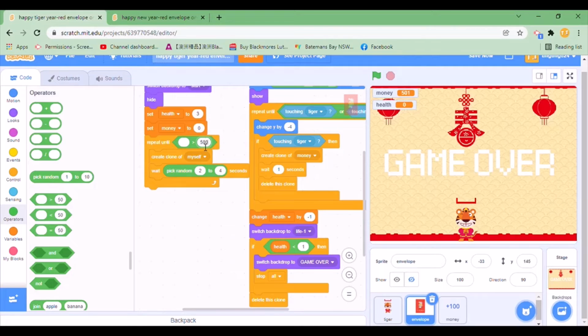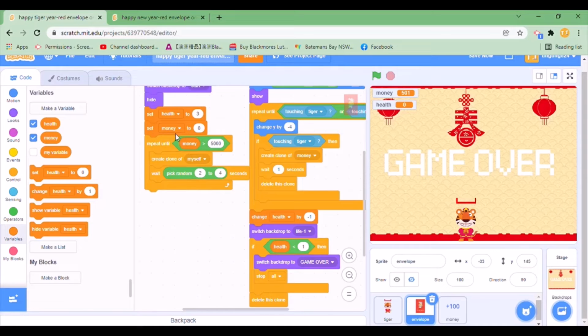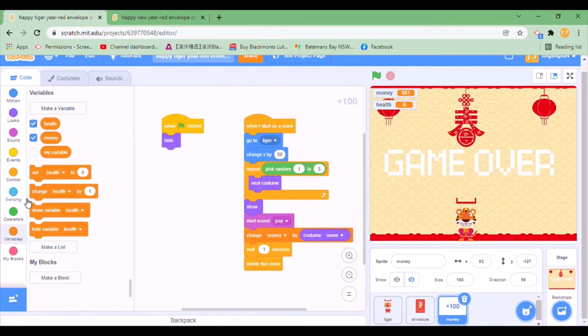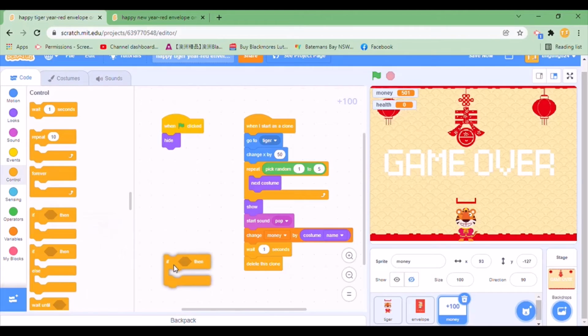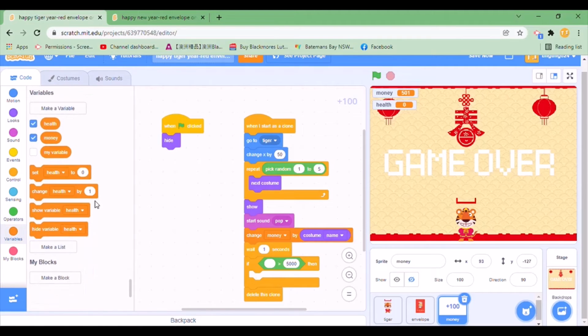It's 4,099. Then it has to be 501 to get the thing. So now, if the money equals, it has to be before the delete clone. If money equals more than 5,000 or 4,999, if money equals to, then